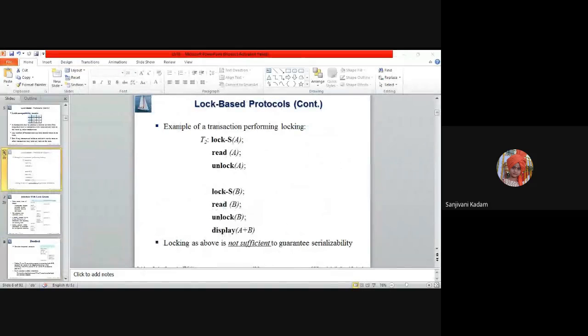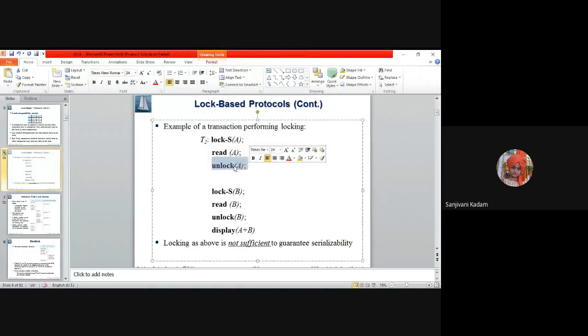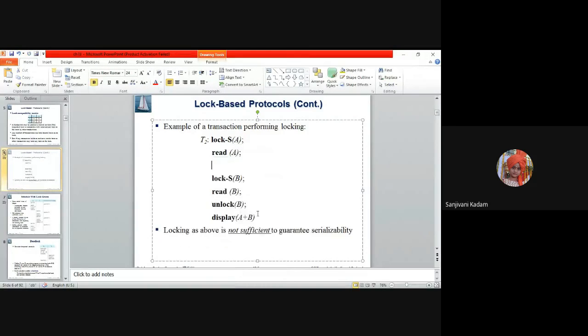Yes, this one. This is a transaction T1. We can say that this transaction is in two-phase if we have this unlock statement at this point.